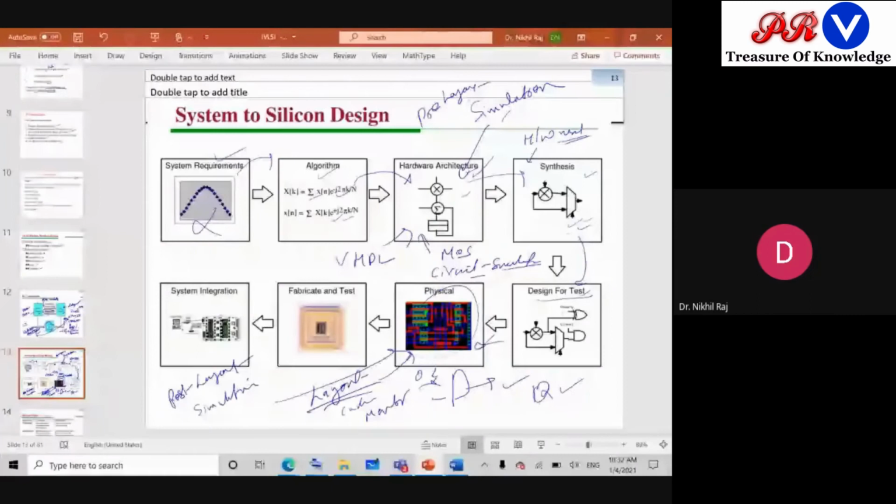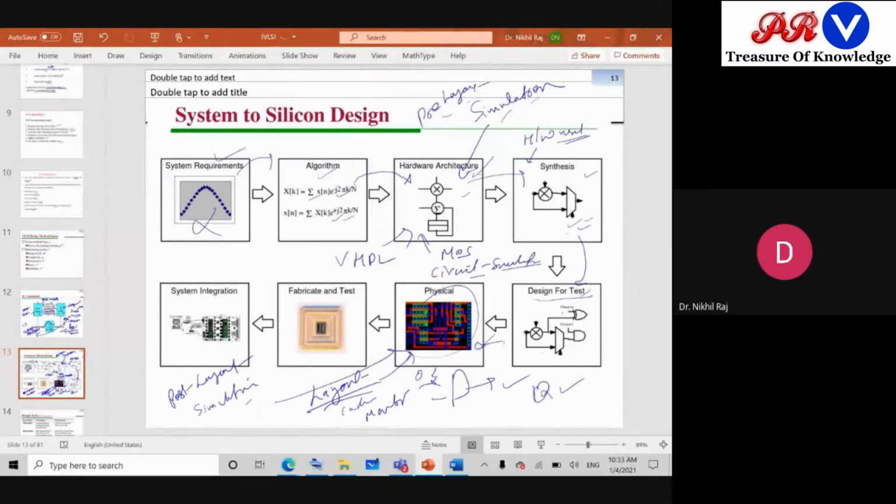In the pre-layout simulation, we get some information about current and voltages, but the exact information of parasitics may not come in the pre-layout simulation. In the post layout, when we deposit metal layers and everything, between two metals some capacitance or inductance will be formed. That information is extracted from the post layout simulation, and the goal is that pre-layout simulation and post layout simulation should match. Once it is matched, we say whatever parasitics were there are negligible and we can neglect those, and we can go for the fabrication.